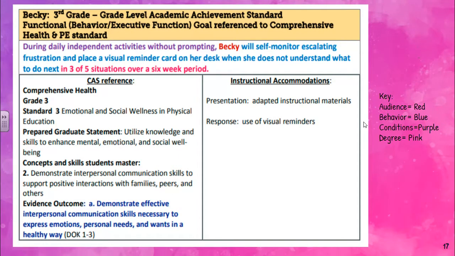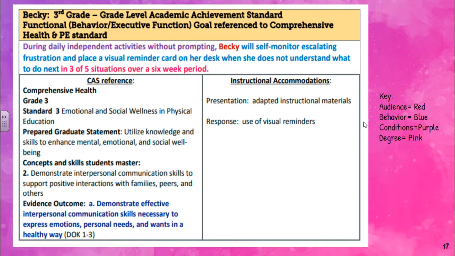Okay, this is for a 3rd grade student. It's a functional goal tied to an academic standard. And this might come from the mental health provider. They might take the lead. It reads, during daily independent activities without prompting, Becky will self-monitor escalating frustration and place a visual reminder card on her desk when she doesn't understand what to do next in 3 out of 5 situations